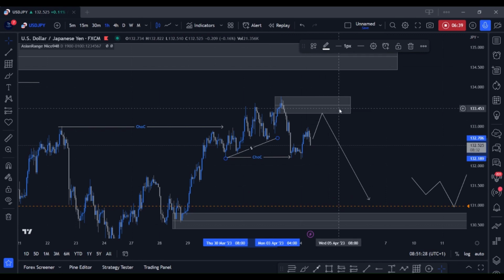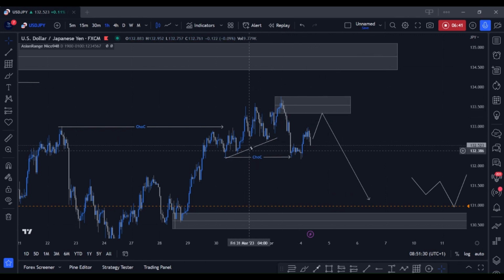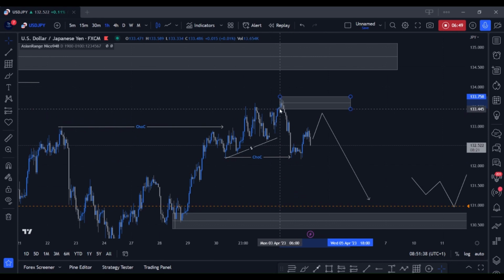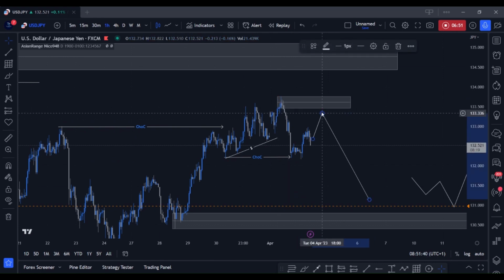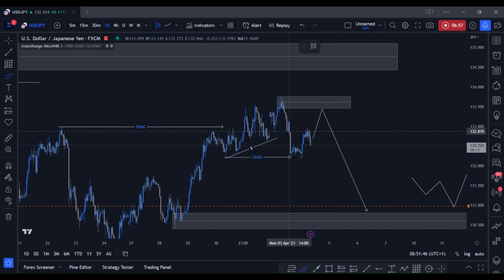So now the price has swept all this liquidity, trendline liquidity here, and therefore I'm expecting price to go back to this area here before we can see any downside entry. Since we've cleared all the liquidity below this area and this trendline liquidity,